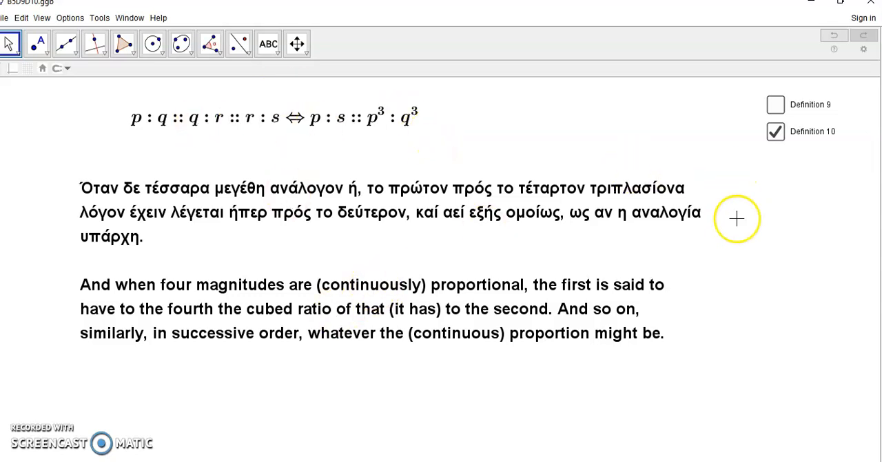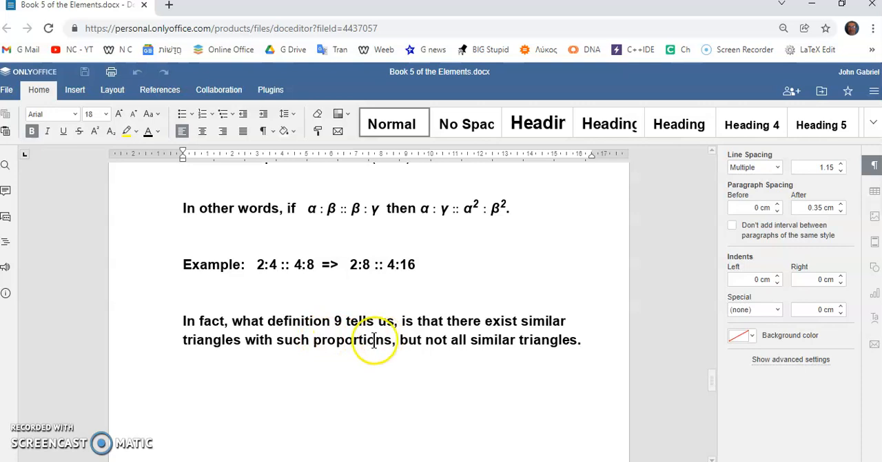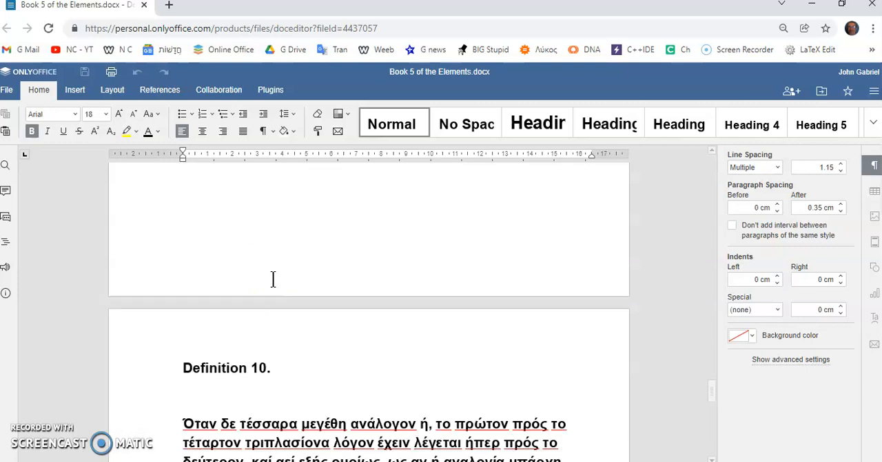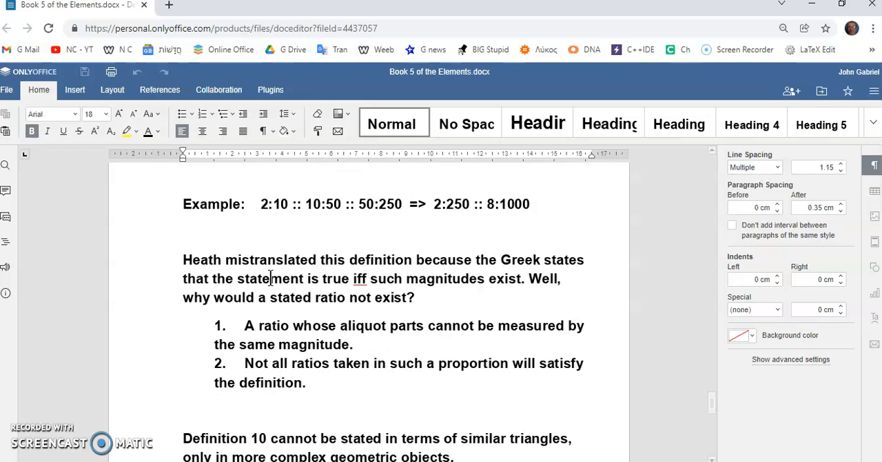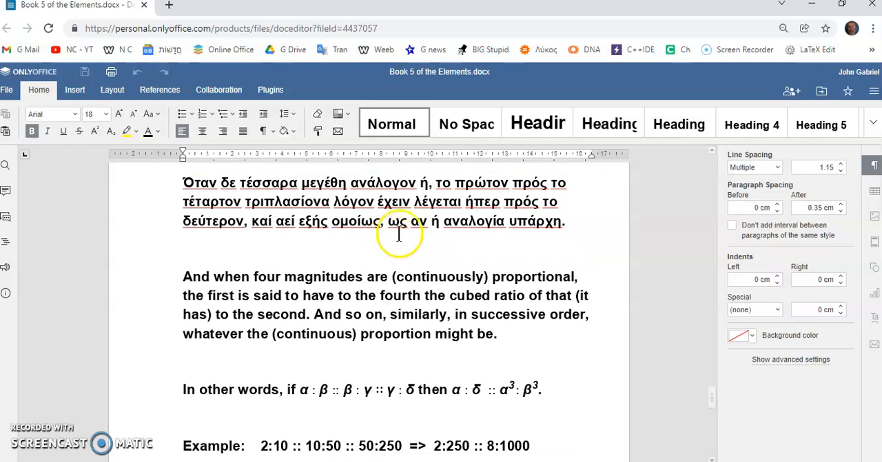Okay, so that's definition 9, and definition 10 says that when you have 4 magnitudes like you have here, then the first is to the fourth in the cubed ratio as it has to the second. So what we're looking at here now is definition 10. Well, first of all, definition 9 tells us that there exist similar triangles, but not all the similar triangles have that property. And then definition 10 tells us that Heath mistranslated this last definition here, because the Greek says